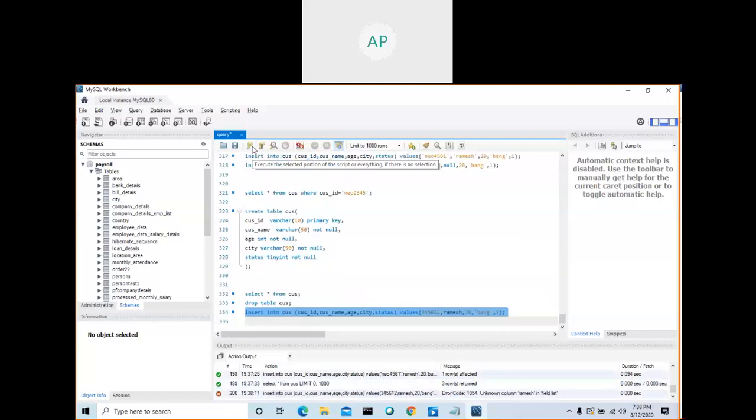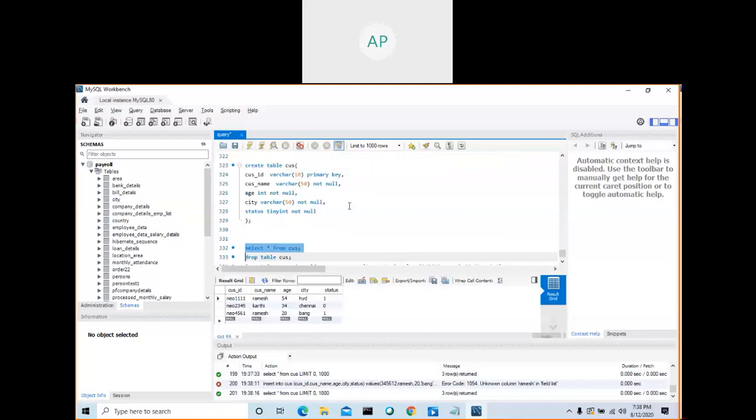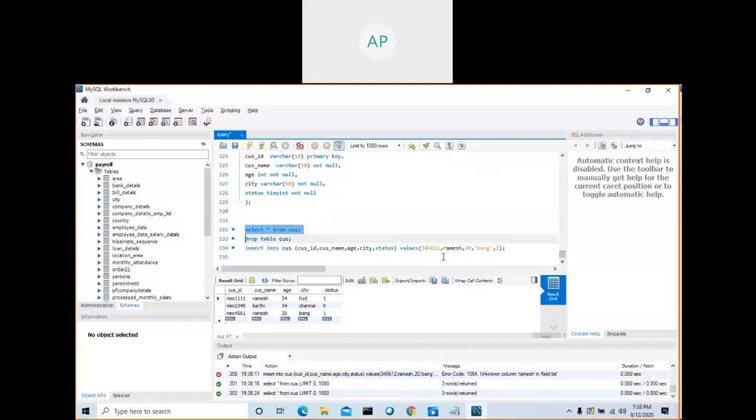This will work. See here, fourth record entered. Same name, fourth record came on. Just a minute. Here, is this ID available?